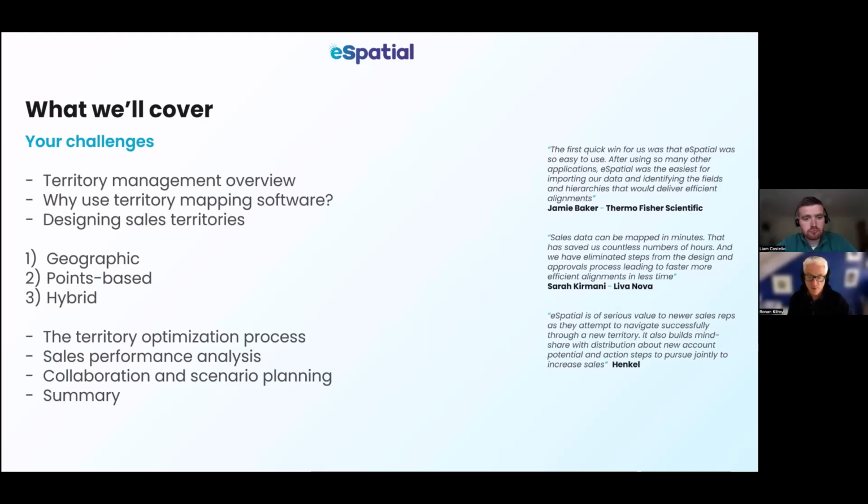Okay, just before we jump in to the product itself, Liam, the process of territory management and how people use it. We know from the Sales Management Association that up to 70% of people are still using Excel sheets. So probably everybody's managing territories in some way. But why would people even consider transitioning from something like an Excel sheet into using a specific tool like a territory mapping software tool?